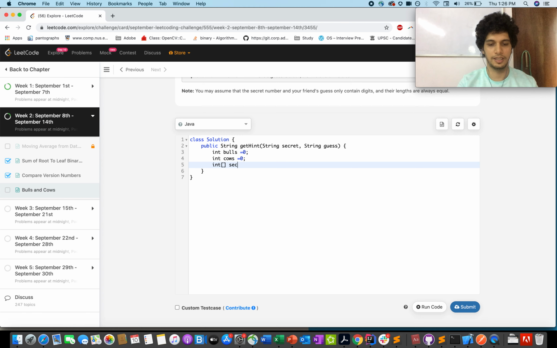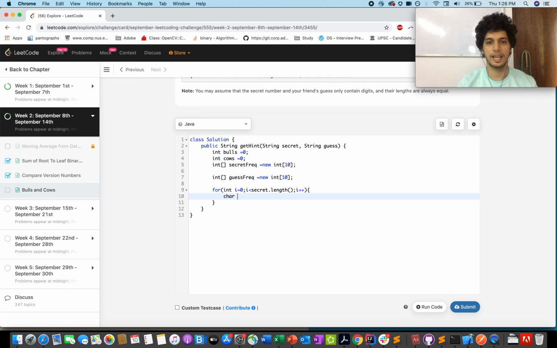So for i less than secret dot length, i plus plus, a character secret char is secret dot charAt i. Similarly for the guess part.